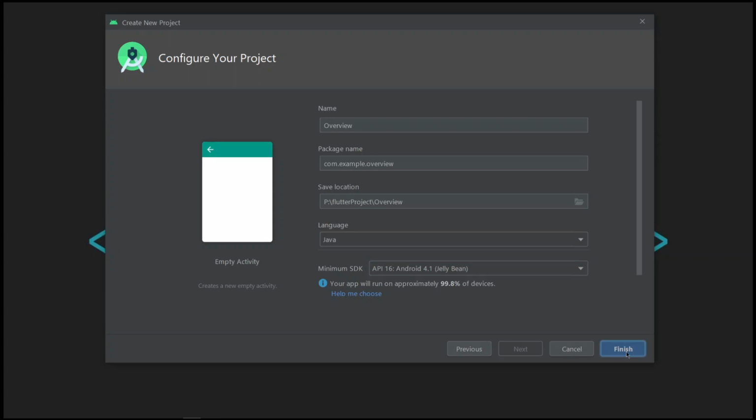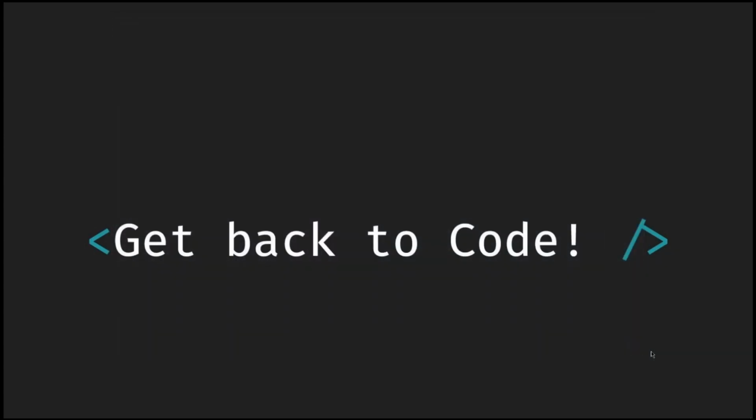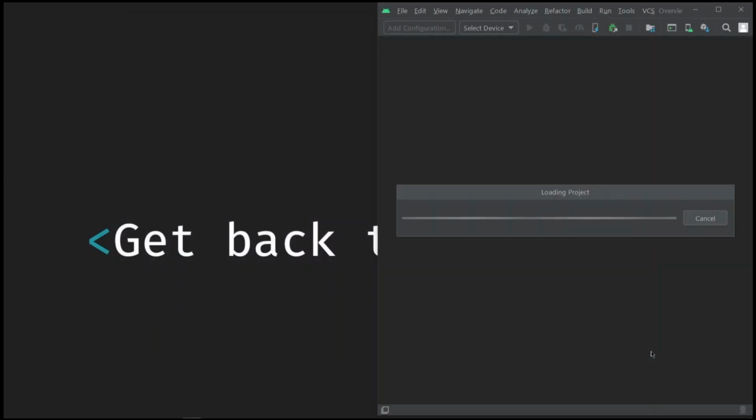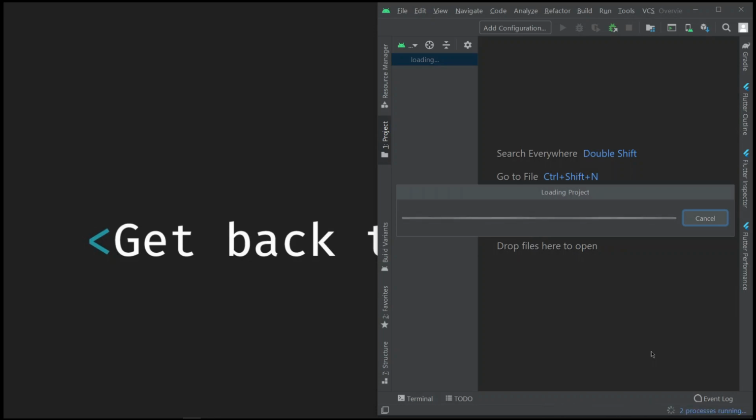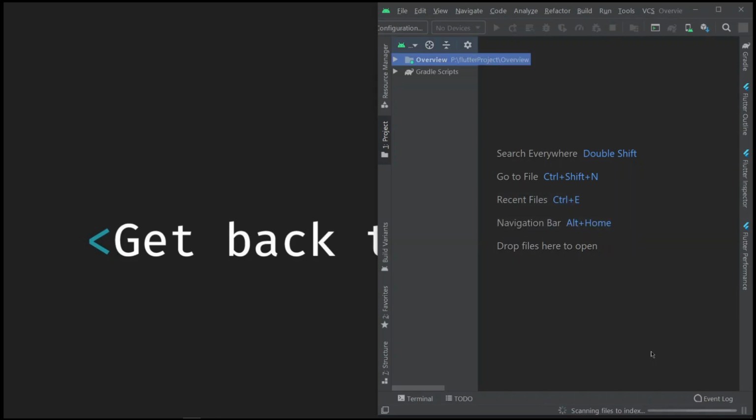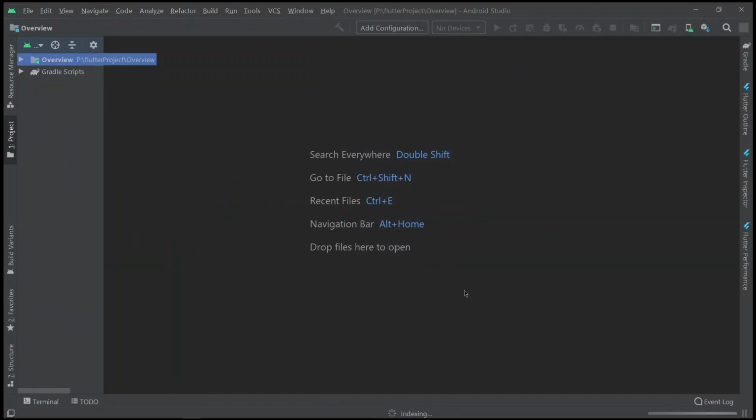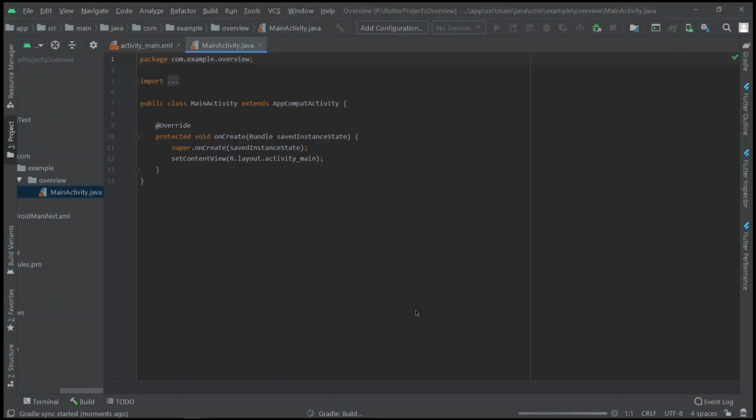So now this will take some time because of some Gradle build, so let us wait for that. And here let me maximize this, and here you can see this Gradle build, right? So let the Gradle do its work and let us wait.